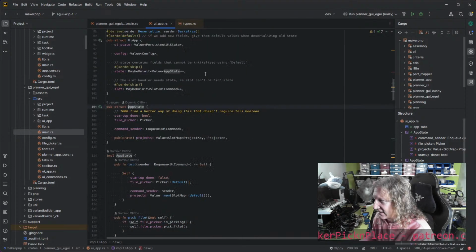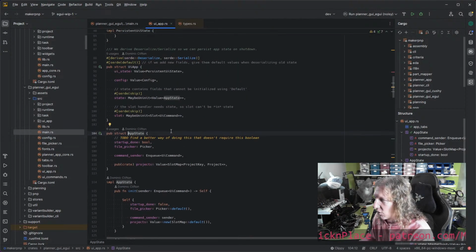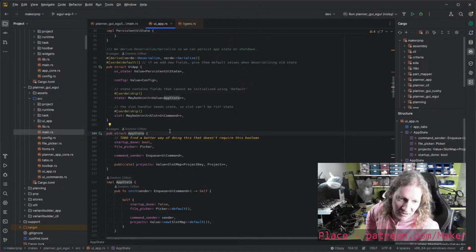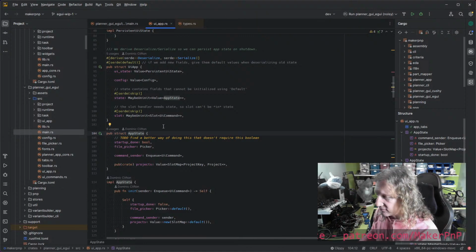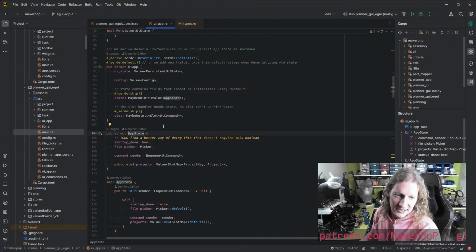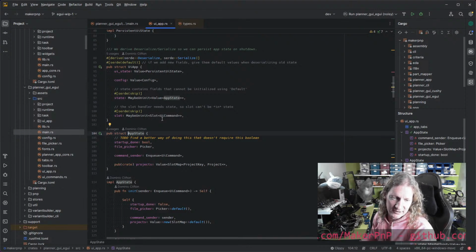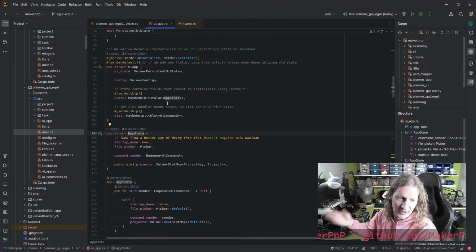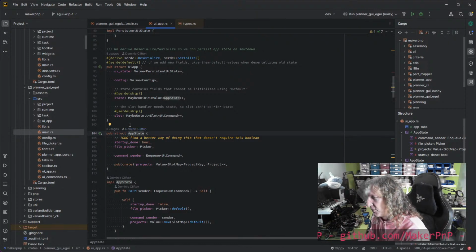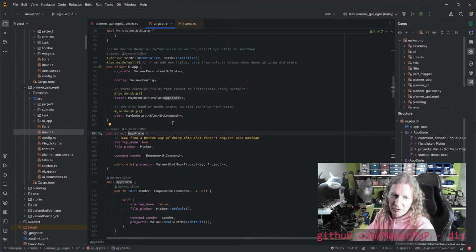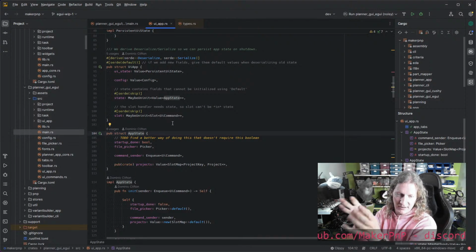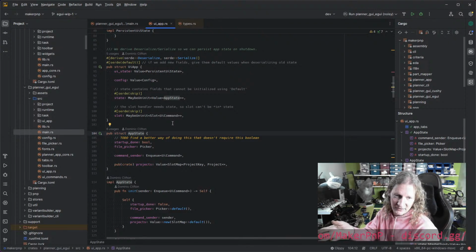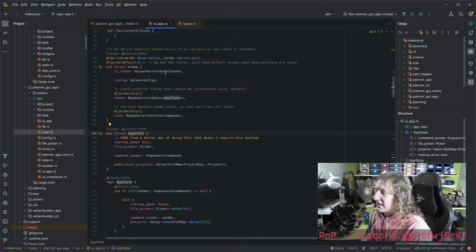Let's have a quick look at the app state. What's the app state got in it? Why do we need two state things? Well, some state you don't need to serialize, and you don't have any way of creating a default for it. Other state is just a config file, just save it, load it, easy. So for the bits where you don't know how to create it until you've got all the pieces of the puzzle in order to create the objects, that state goes in app state, and it gets initialized as part of the initialization process. The persistable state